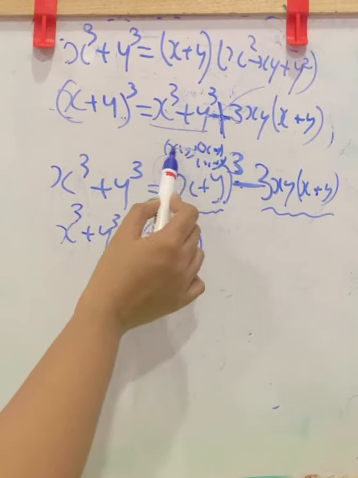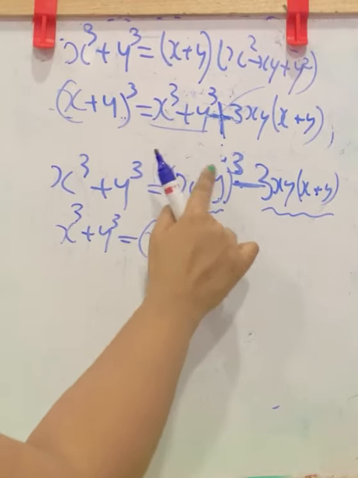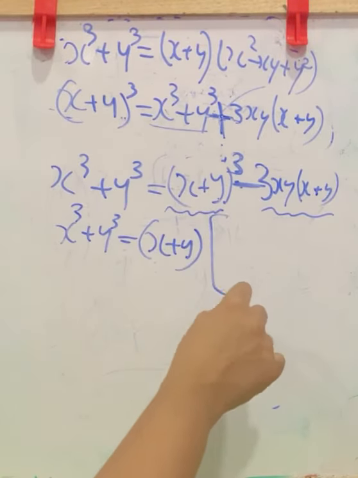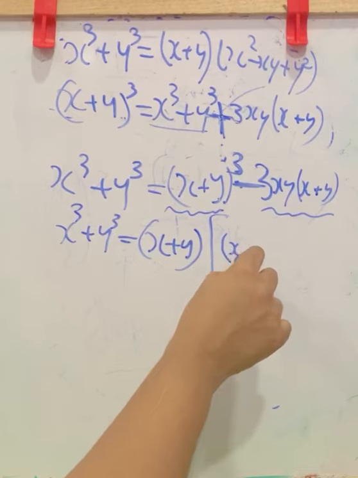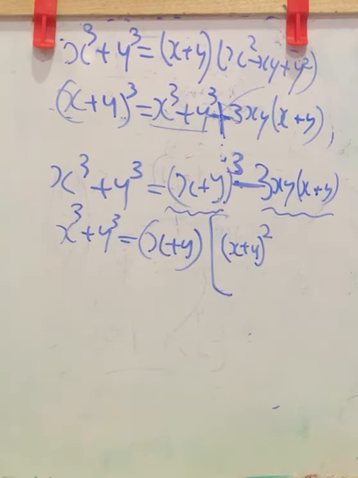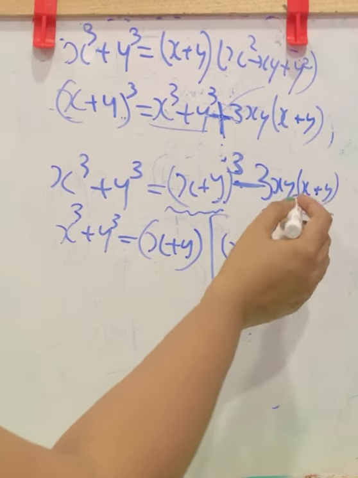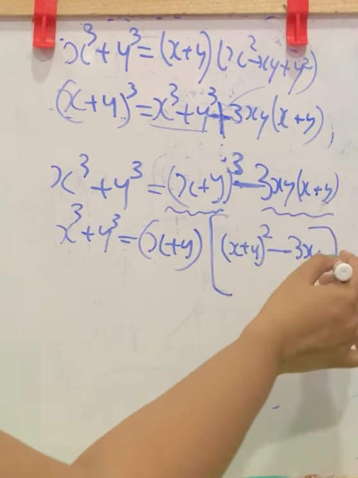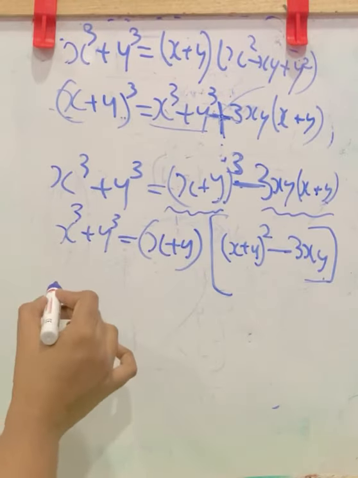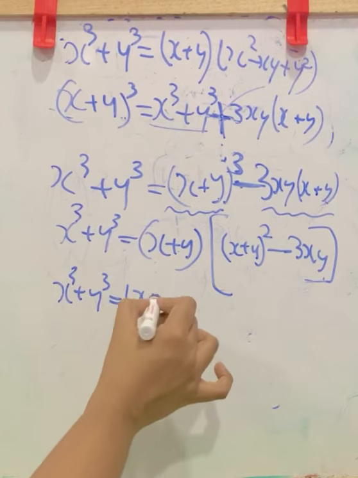From that we are taking 1 outside. So 2 will be balanced. So while we take 1 x plus y, inside the bracket we have x plus y whole square because 2 are balanced. Now here minus 3xy because already we take this x plus y outside the bracket. Now next step, here we can see another identity, that is here it is x plus y.